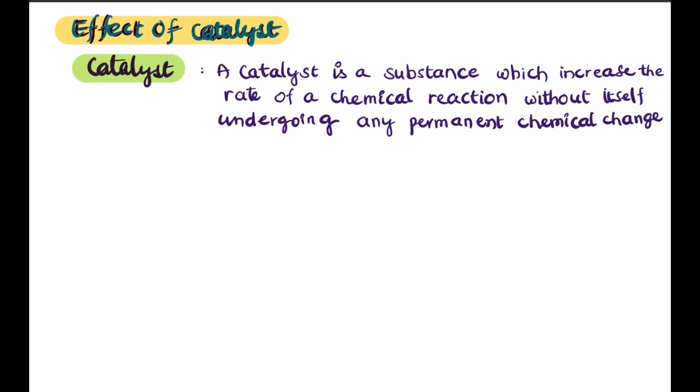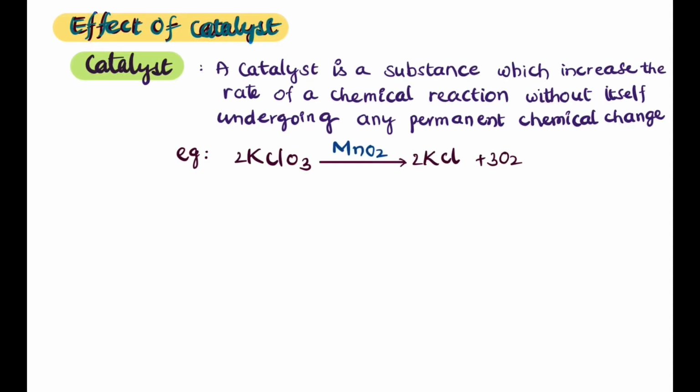Effect of catalyst. What is the catalyst definition? A catalyst is a substance which increases the rate of a chemical reaction without itself undergoing any permanent chemical change. It does not undergo any chemical change, but it converts the reactant to product very fast. Example,